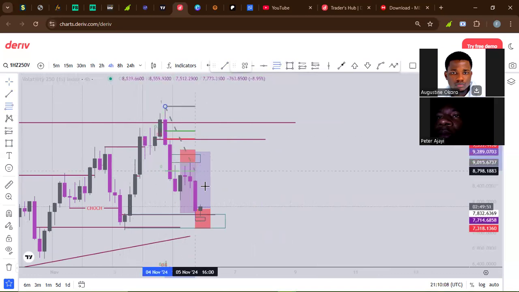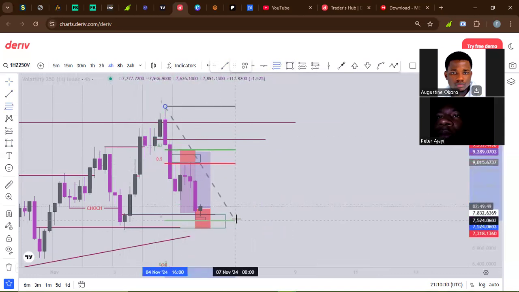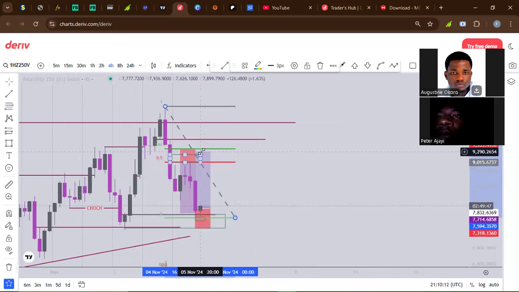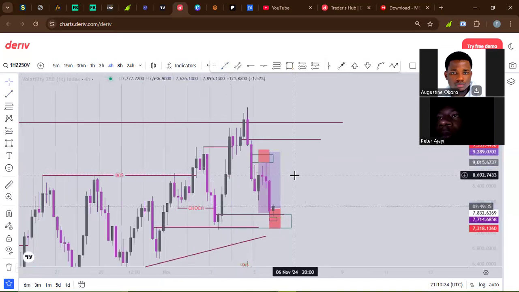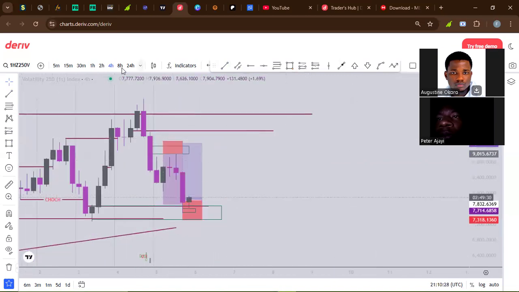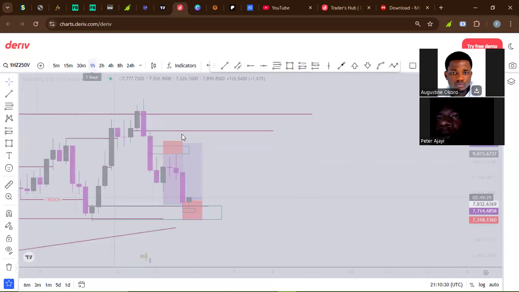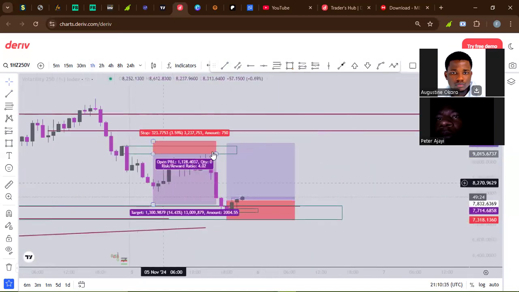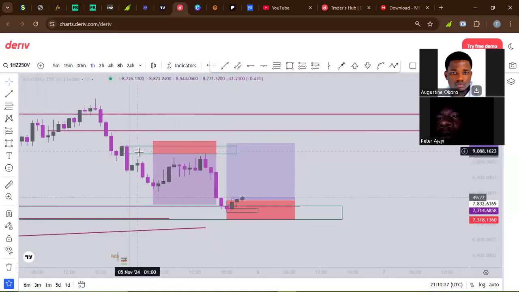Let's use this, it will actually trace. So I'm just taking this 50% level. I believe that the market will get to that place. Analyze these charts. These are the 250 index. Analyze this chart. I already understand the daily bias. My trade entry was from here.